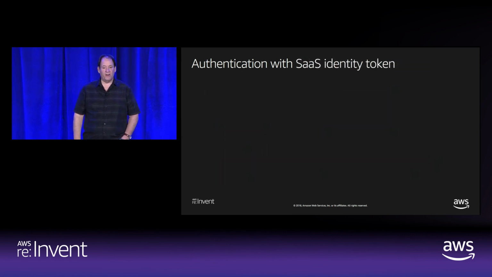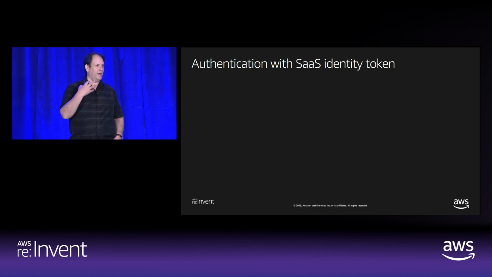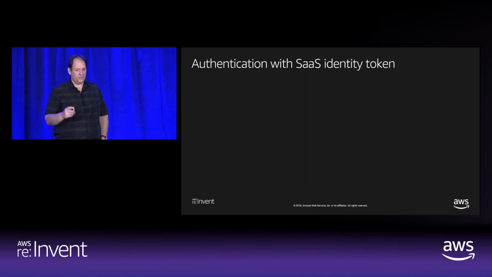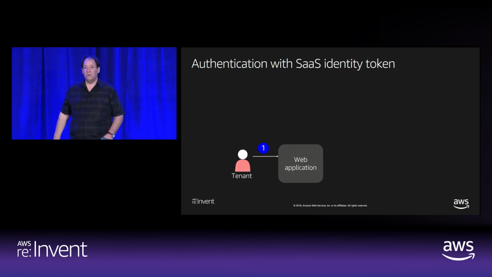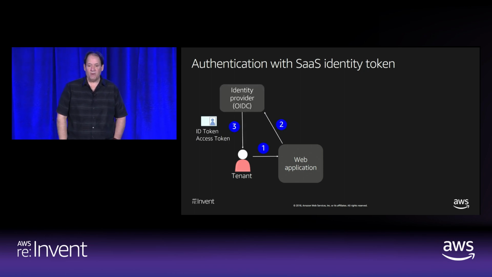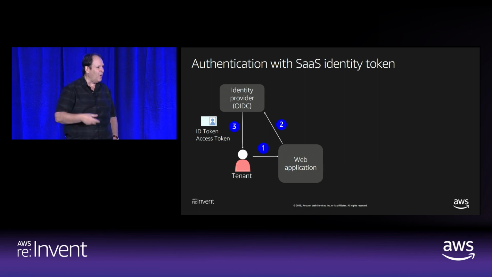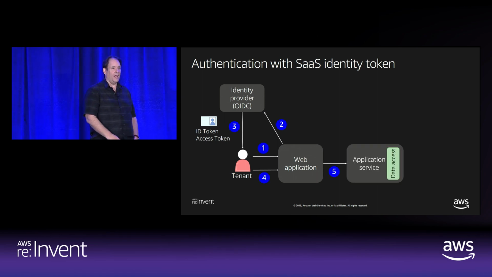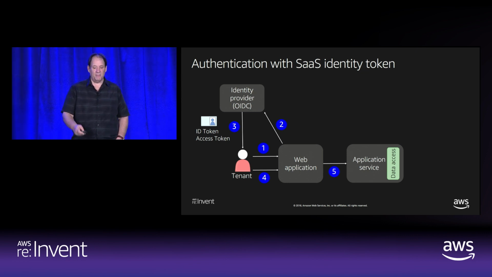The other variation is authentication with a true SaaS identity token. When I say a SaaS identity token, I mean I get an identity token that has all my SaaS context embedded in it, so that all happens at the front of the process. Now I hit the web app via OpenID Connect, and it hands me back this wonderful token that is enriched with tenant ID, role, tier, any kind of context I need. Now, when I go back and hit my actual service, the only thing I need is the RBAC, and I'm going to go ahead and get these